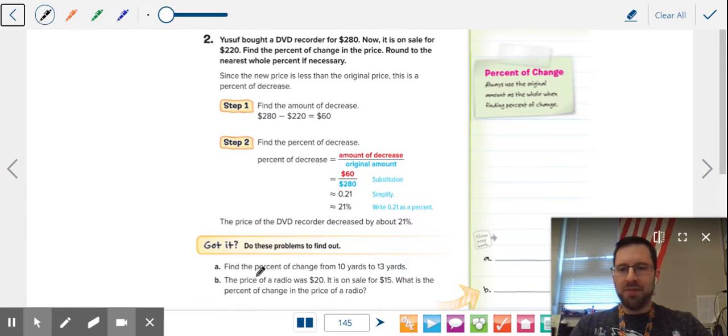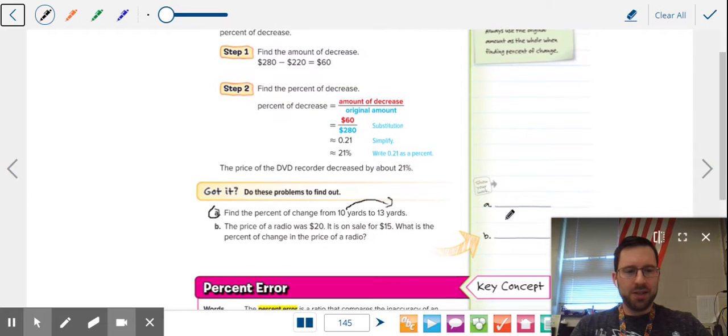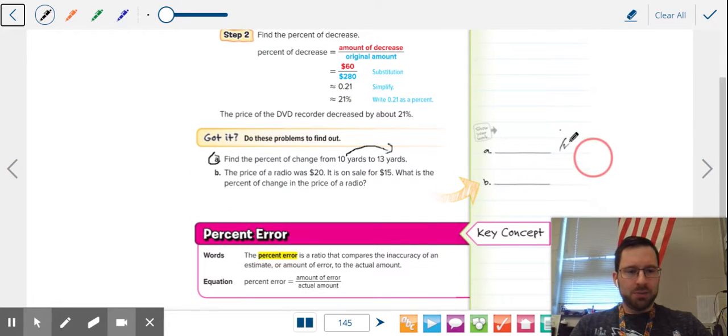So we're on 145 now. Find the percent of change from 10 to 13 yards. We can see this is an increase already, so I'm just going to go ahead and write it now. How much did it go up by? It went up by 3. What did it start as? 10. 3/10. I'm pretty good with fractions. 3/10 as a percent is 30%. You could take the fraction directly and times 100, or you can make it a decimal first,